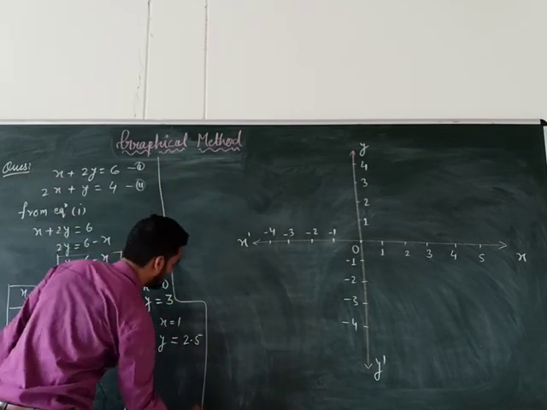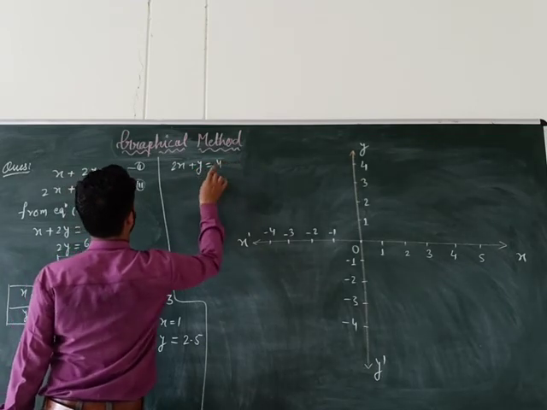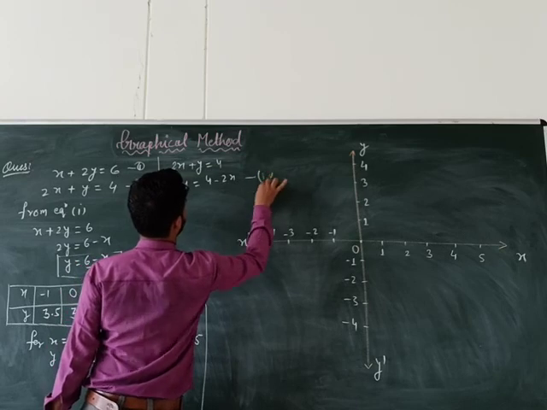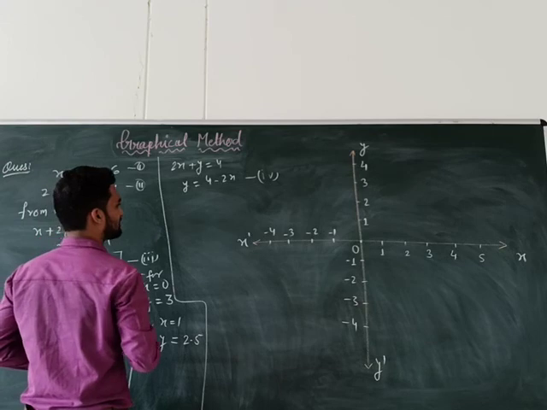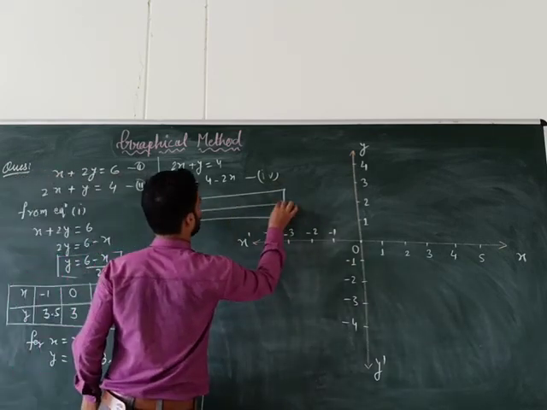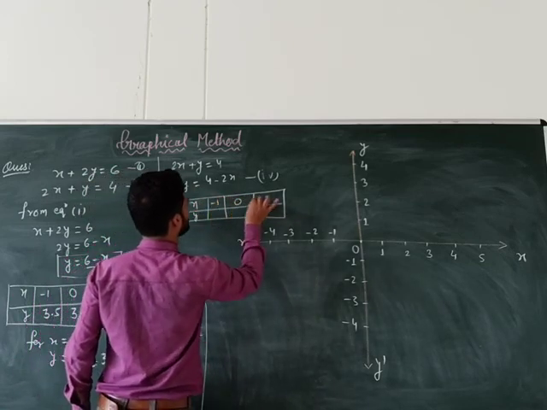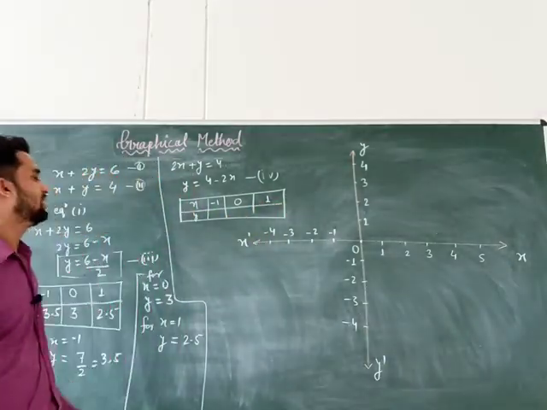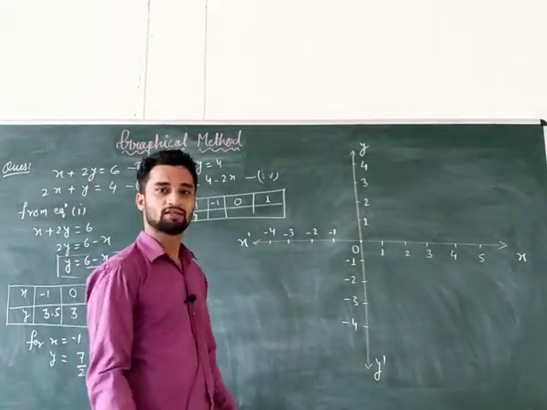Now we have to do the same thing for the second equation, that is 2x plus y is equal to 4. So y is equal to 4 minus 2x. This will be your fourth equation, suppose, because third we have already taken. So again for the second equation we have to make one table, x, y. No need of taking minus 1, 0, 1. You can take any value. I am taking one negative value, minus 1, 0 and 1, because 0 makes calculation easy.